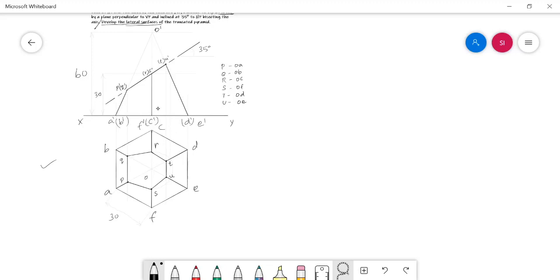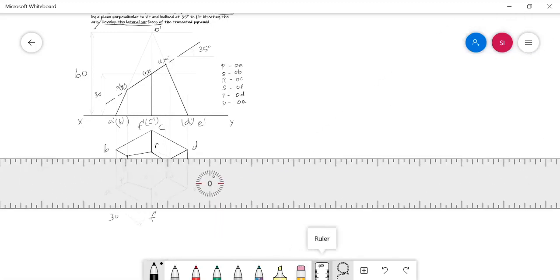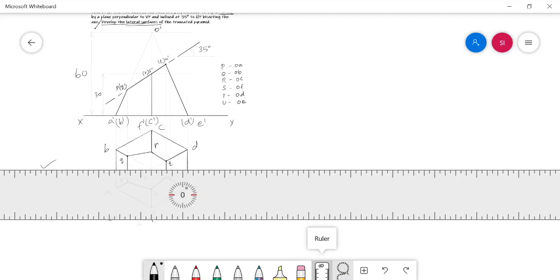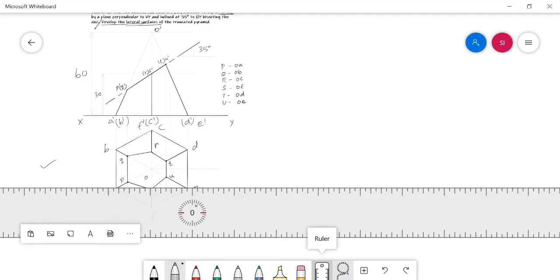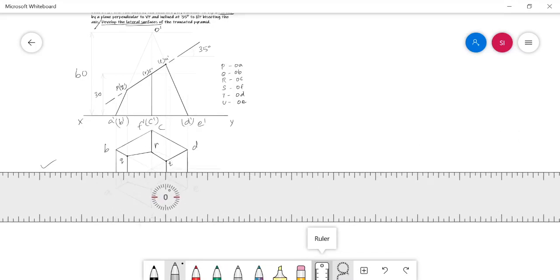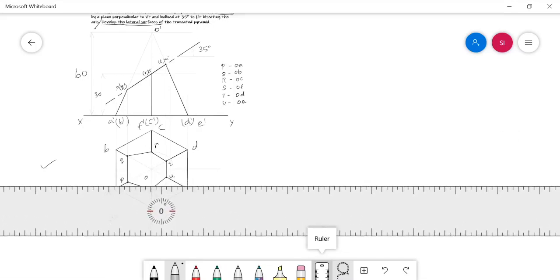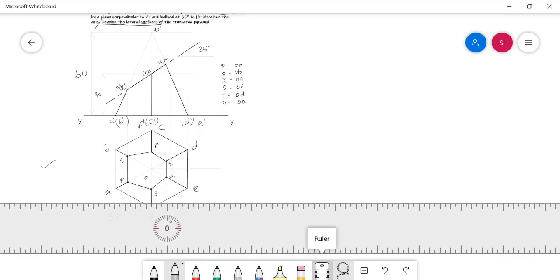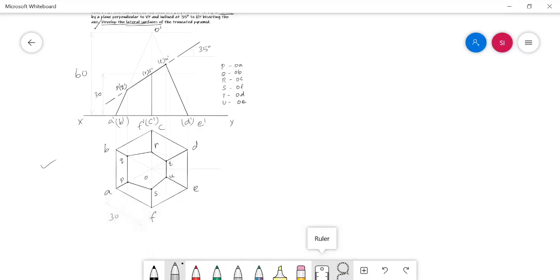In this type of situation, in order to know the true length of the slant edge, we need to do additional work. That is, virtually we are making one slant edge parallel to the XY line in the top view. See here, this is what I am doing now. I just draw a horizontal from the apex point of the top view, which is parallel to the XY line. After that, using my compass with O as center and any one of the base corners as radius, say here I am using E,